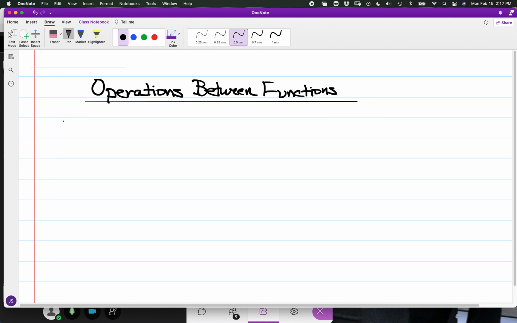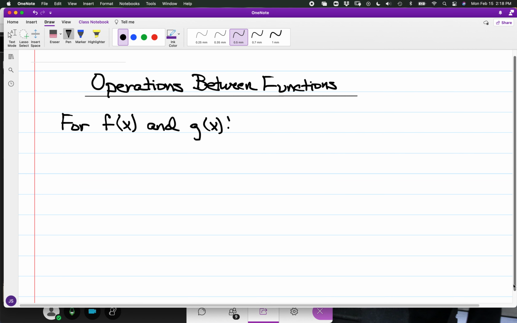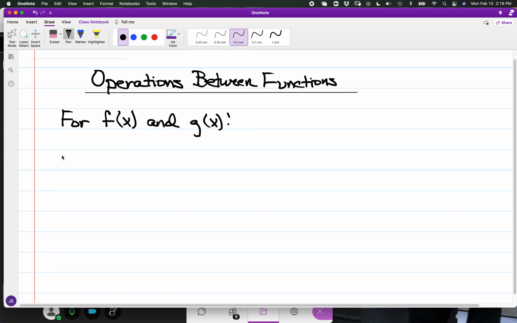We'll say that we have two given functions, f of x and g of x. Now we'll be looking into just the first 4 operations, and there will be other operations included,